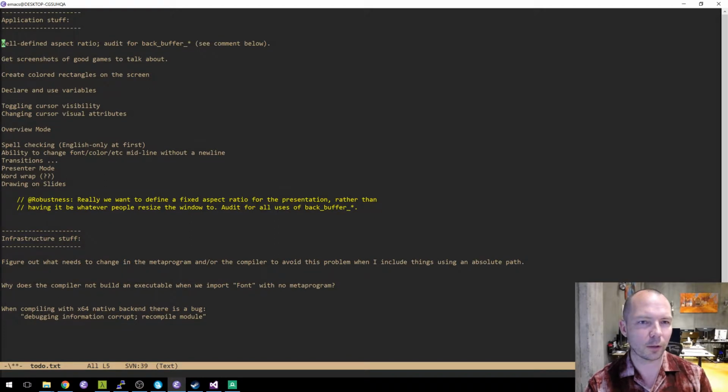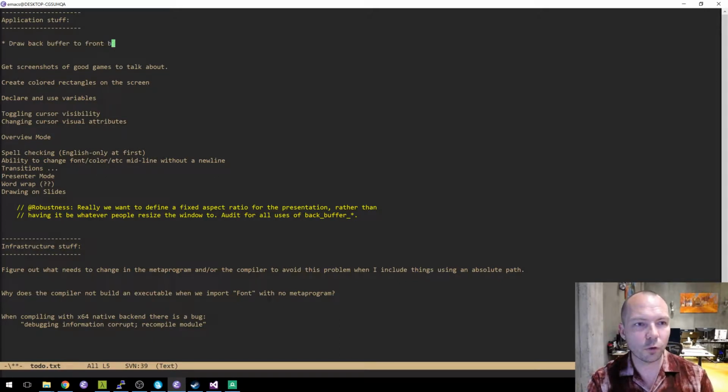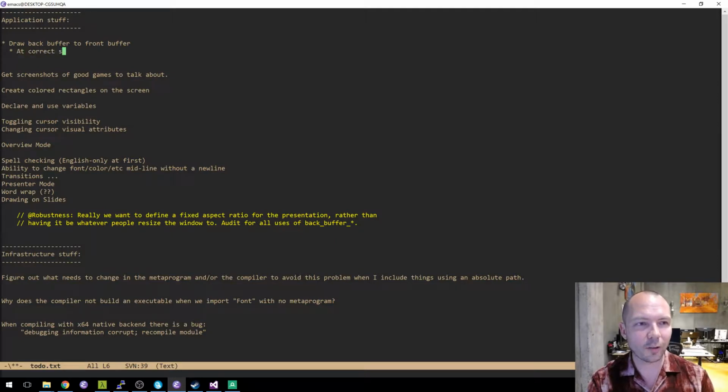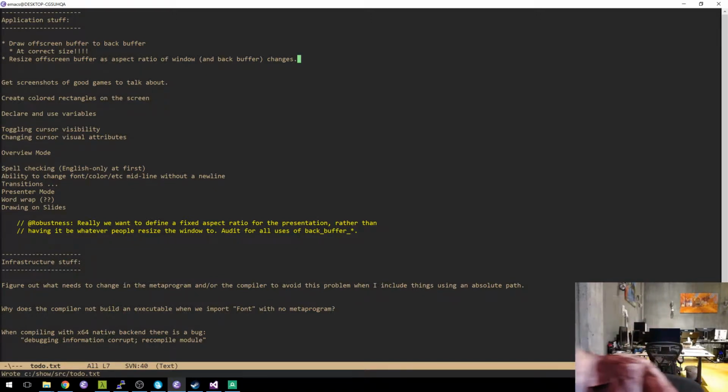We need to draw back buffer to front buffer at correct size. Or no, draw off-screen buffer to back buffer at correct size. We need to resize off-screen buffer as the aspect ratio of window and back buffer changes. Okay, that's not too many items.